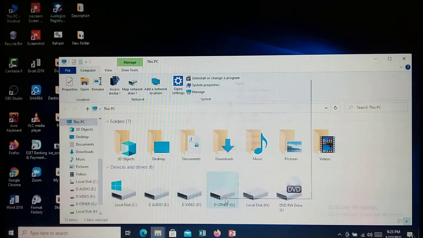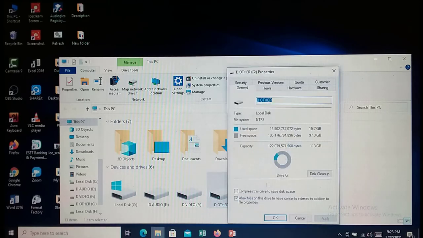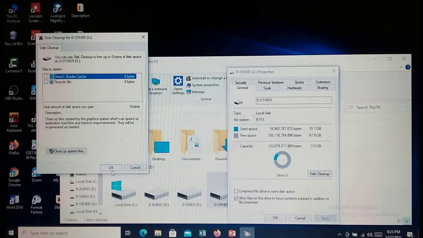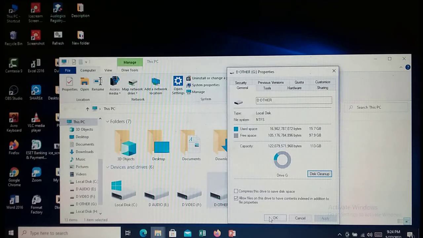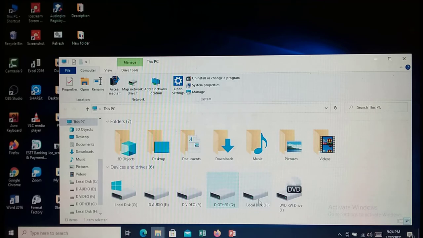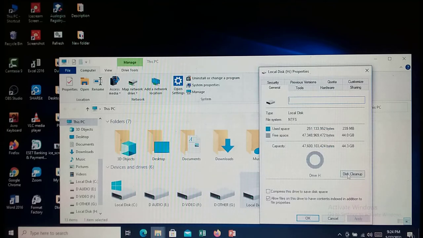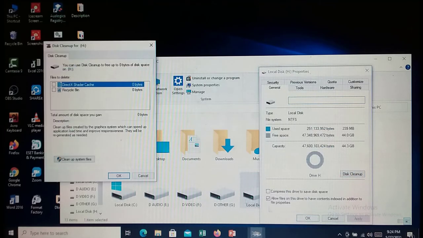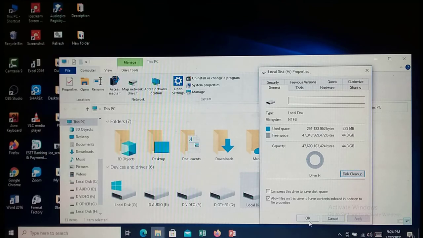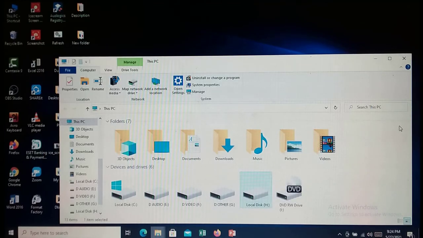Next G drive, properties, disk cleanup, OK, OK. Next H drive, properties, disk cleanup, OK, OK. Now you can close the page.